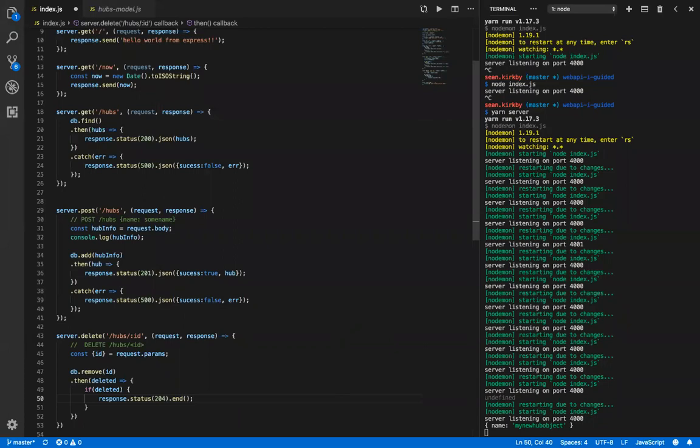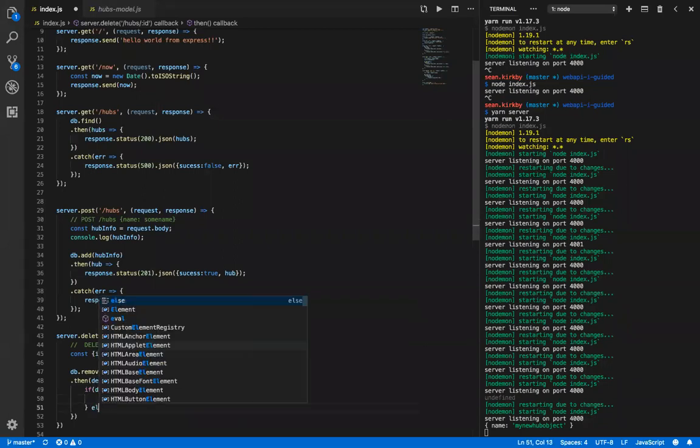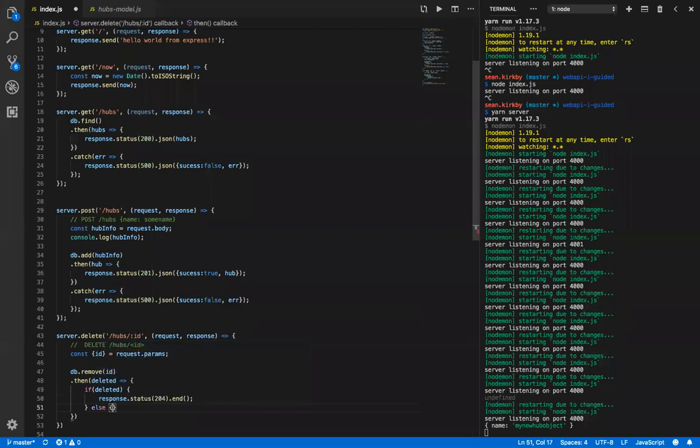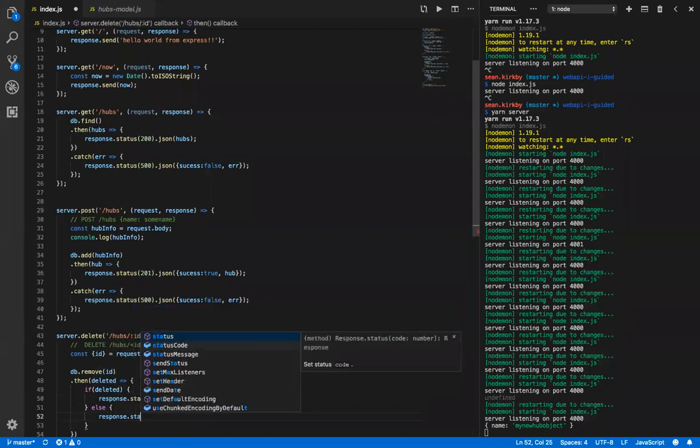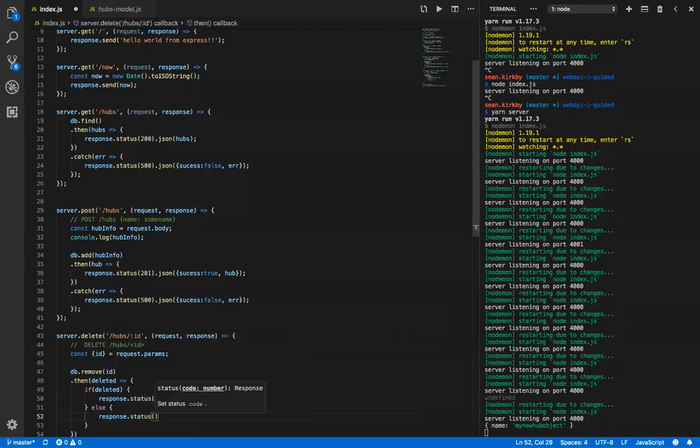If our database layer returns an empty object for deleted, this means that there wasn't an error, but we got an empty object. That means nothing was deleted, and would indicate the ID was invalid or not correct. Okay, so in that case, we want to send a response. We want to set the status